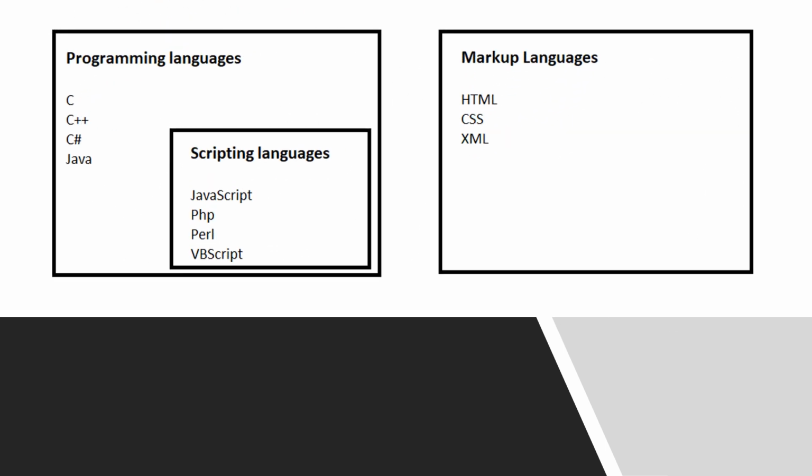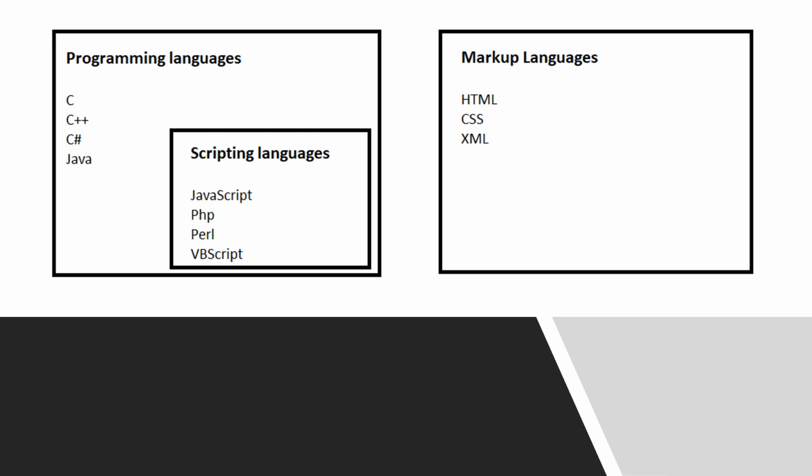The next point that I had mentioned was that Python is a programming language as well as a scripting language. Now let us understand the difference between programming language and scripting language. Before I explain this, say if I want to build an app or create a web page, then I need three languages. They are programming language, scripting language, and markup language. So what is markup language?